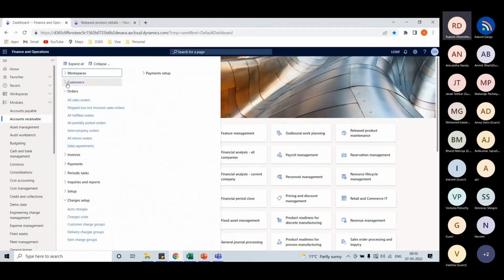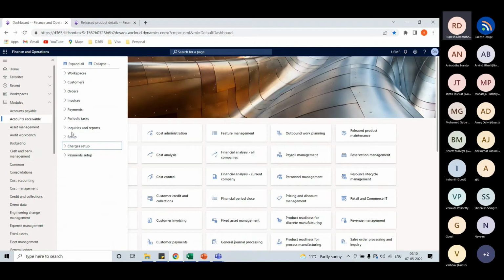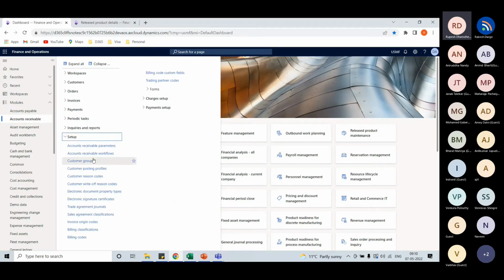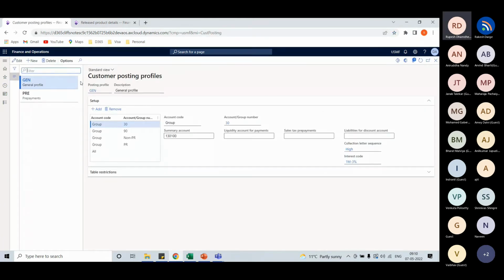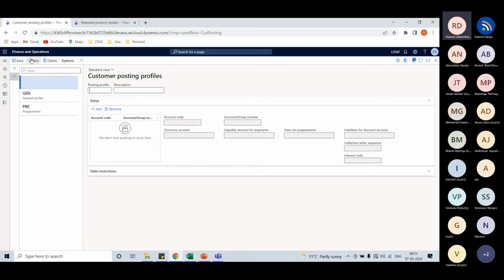To set up this customer posting profile, we need to go into the Accounts receivable module. Under the Accounts receivable module, we'll go to Setup and then Customer posting profile. Over here, we can set up posting related to a particular customer or a group of customers, or all customers, with the same ledger account. So if I create a new posting profile over here, let's say a test one, and you wanted to add a ledger account to a particular customer or a group of customers, you can select this